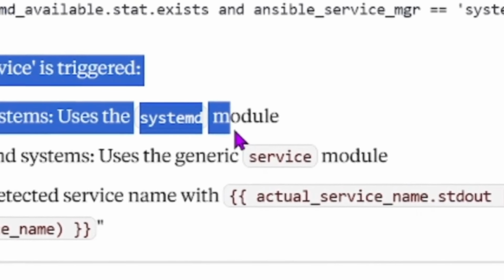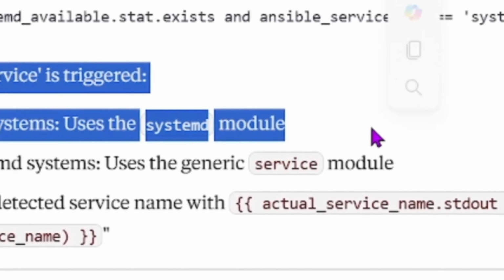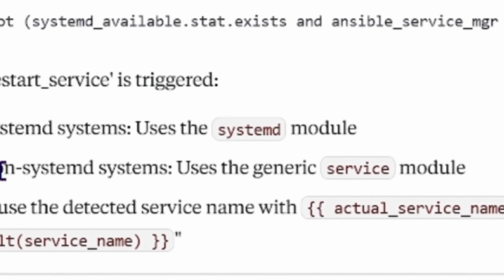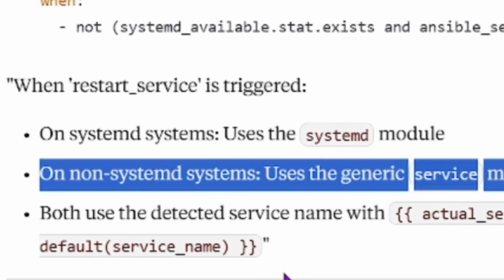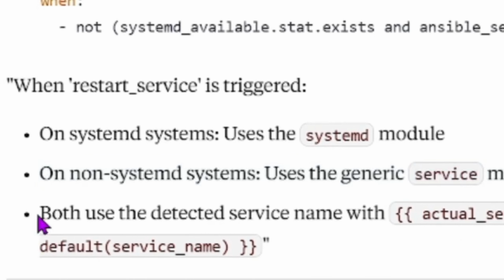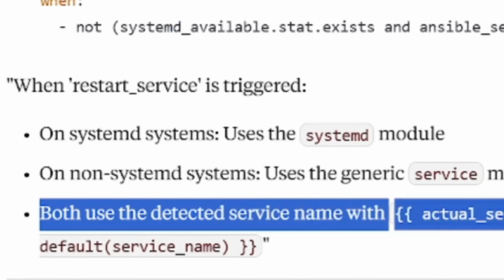Both use the detected service name with actual service name standard out, pipe default service name. Okay, so what about the flow in action? Let's trace through what happened. Variables defined at the top